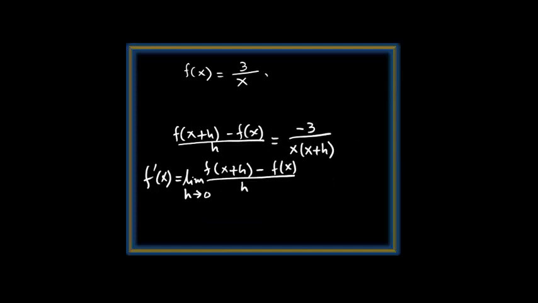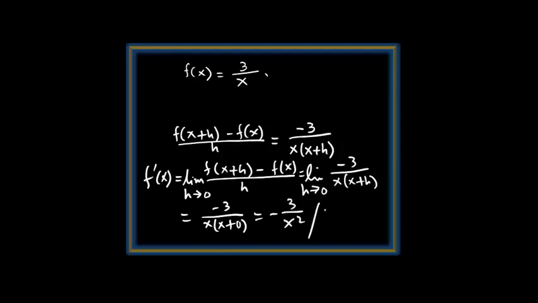So next we know that f prime x is this difference quotient when we take limit h approaches 0. So then this one you have seen already. We have limit h approaches 0, negative 3 over x times x plus h. So this one now you can keep your negative 3 and replace your h by 0. So you get x times x plus 0. So your answer is negative 3 over x squared. So this one we are looking for, which is actually the derivative of the function, which is 3 over x.